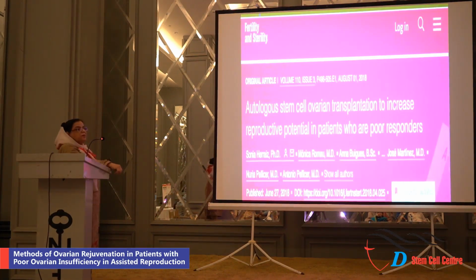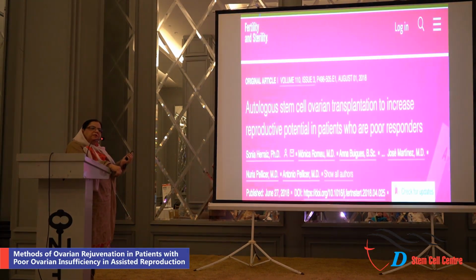This study was published in a very esteemed journal, Fertility and Sterility, 2018, and is said to be a paradigm shift. You don't need an invasive bone marrow test; you just give granulocyte colony-stimulating hormone for 5 days, and the bone marrow stem cells mobilize into the peripheral blood. Then, by cell separator, you separate them and get the bone marrow stem cells, and then you inject